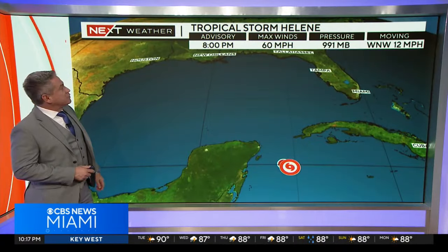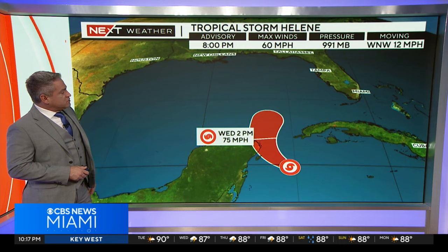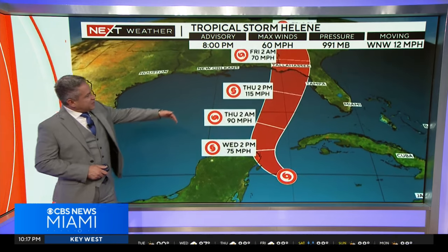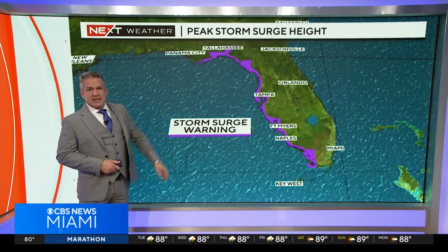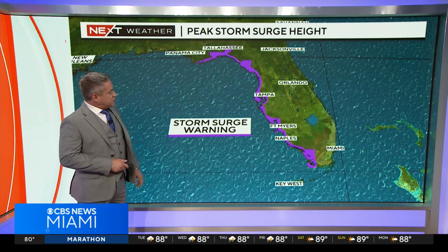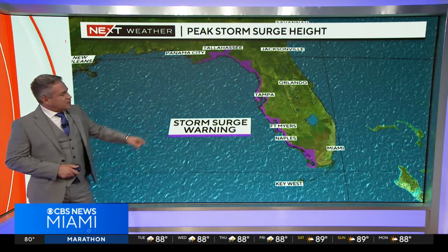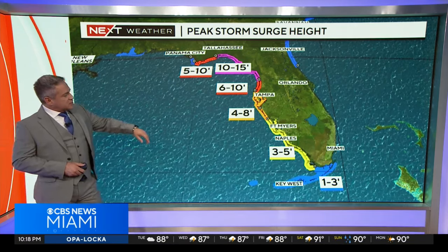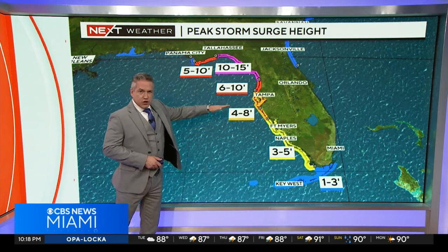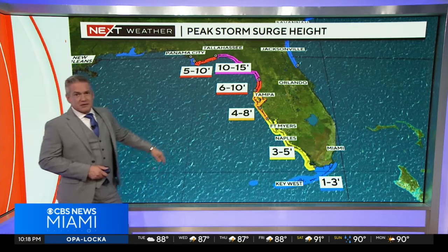We'll probably have a hurricane here by morning, certainly by tomorrow afternoon. 75-mile-an-hour winds, and then it makes that move towards Florida and towards the Big Bend area. Nature Coast once again getting hit by a major hurricane. Storm surge warning up and down the western coast. 1 to 3 feet of storm surge potentially here across the lower and upper Keys, the entire Keys under that threat. And then, of course, as you get closer to those very strong winds that we're going to be dealing with